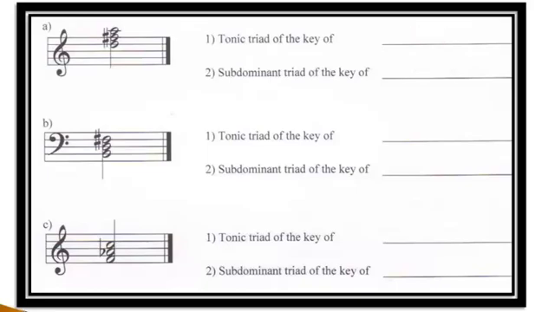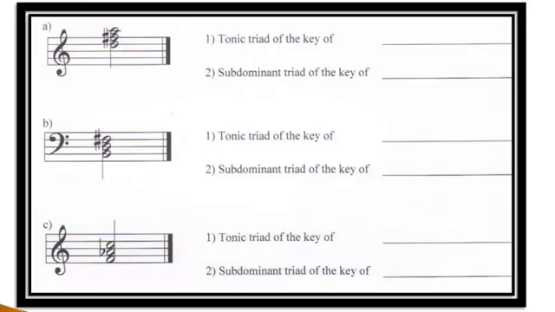The next one is B, D, F sharp. That's a minor triad, isn't it? That's the tonic triad in the key of B minor. And it's the subdominant triad in the key of